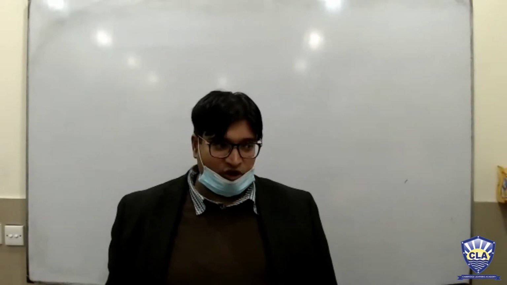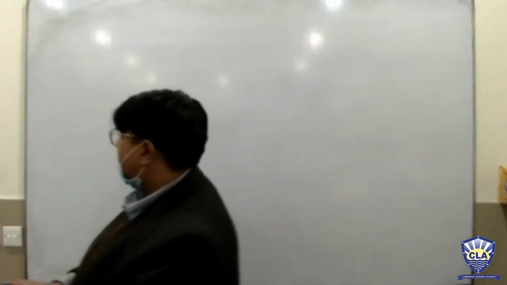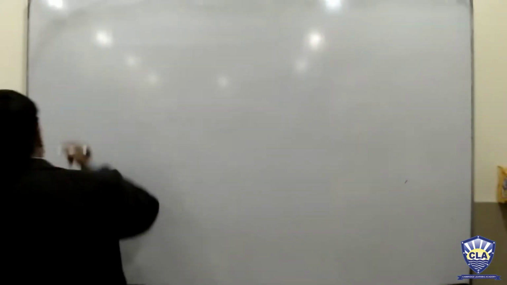Okay, my dear students, as you know, yesterday we had started with the identification of salts. I have told you that you have been provided with some salt. Salt is an ionic compound. It contains positive and negative ions, positive ions cations, negative ions anions. And then the next thing I told you is that there are some tests for cations and some tests for anions. Yesterday we had started with the test for cations.